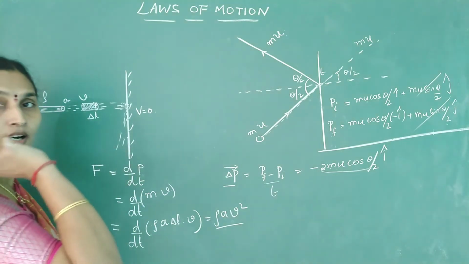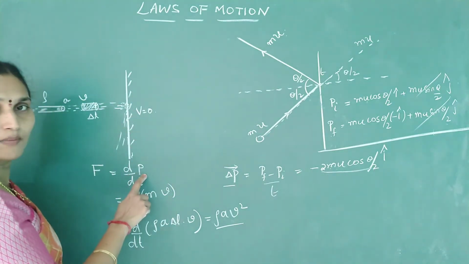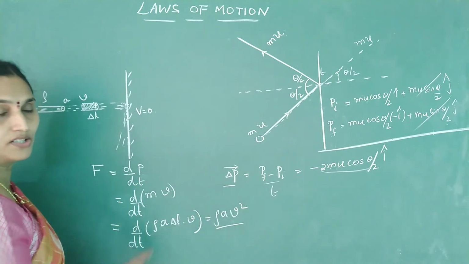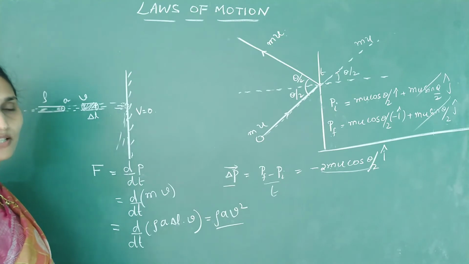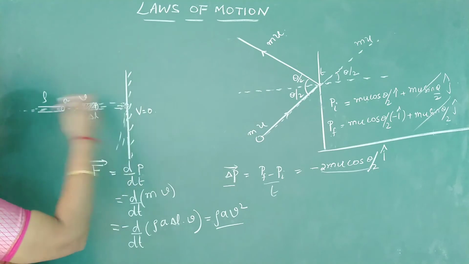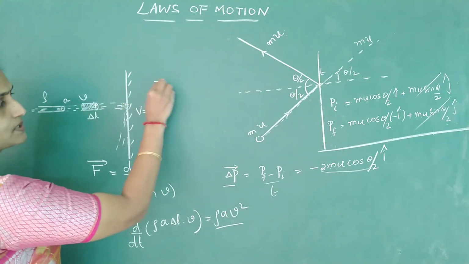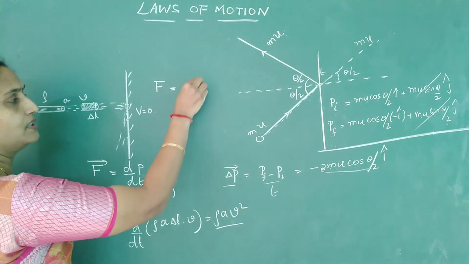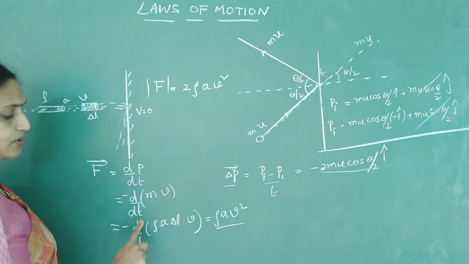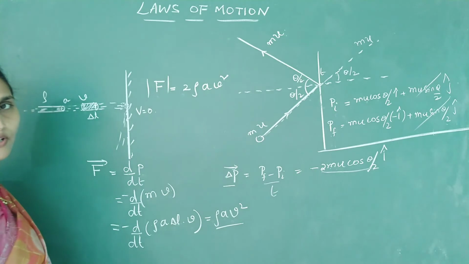Okay, just now I showed you a ball is projected and it is coming back. We have got the change in momentum as not mu, it is 2 mu. So here, because final speed is 0, I have written final minus initial, or its magnitude, I have written it as m into u. If direction has to be written, minus. Okay, it's acting opposite to the wall. So if water comes and hits and bounces back with the same speed, then your force will be 2 rho a into v square. Now the magnitude will become 2 mu. So with the same method, it's 2 rho a into v square.